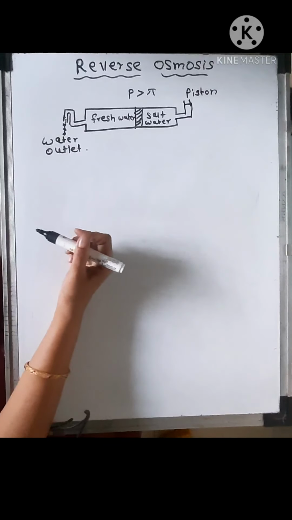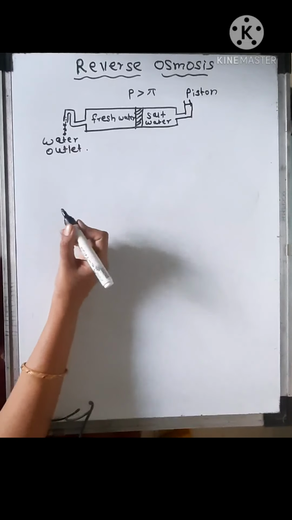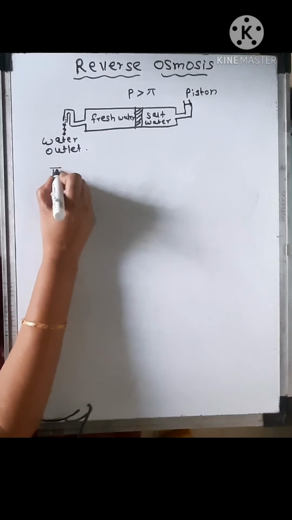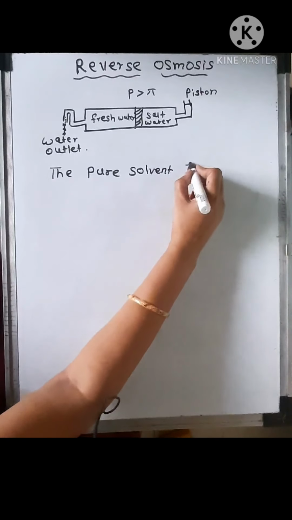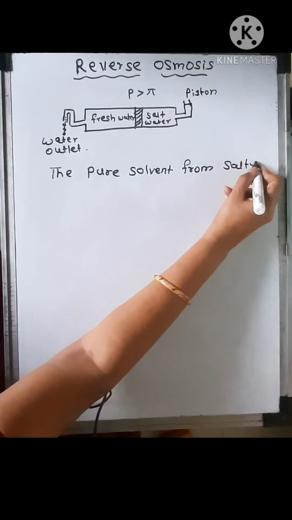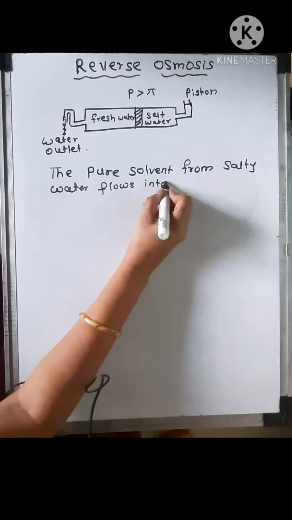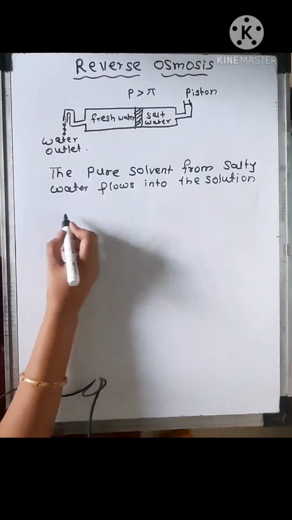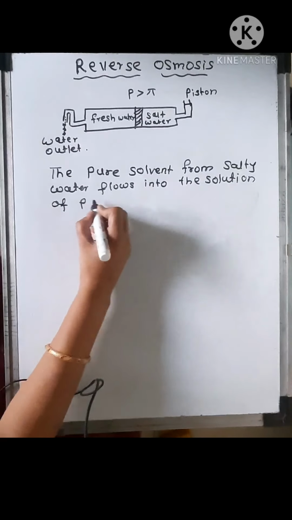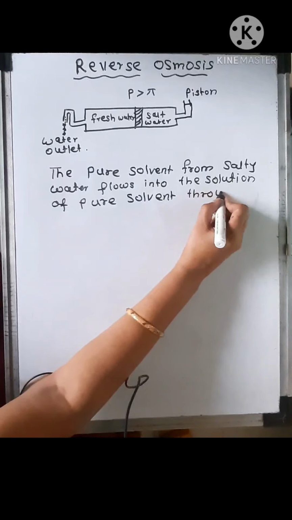The direction of osmosis can be reversed by applying a pressure larger than osmotic pressure, and this reverse osmosis is defined as the pure solvent from salty water flows through a semi-permeable membrane